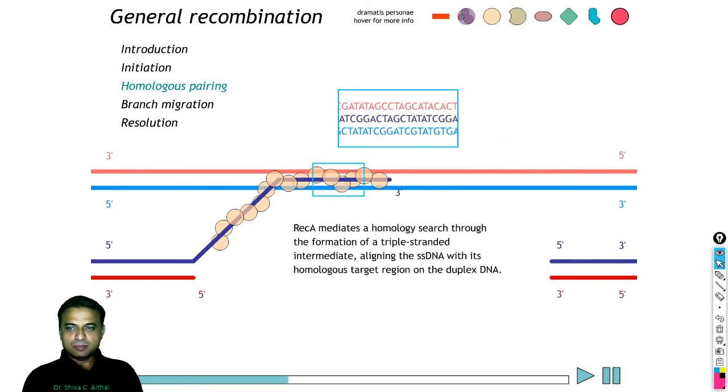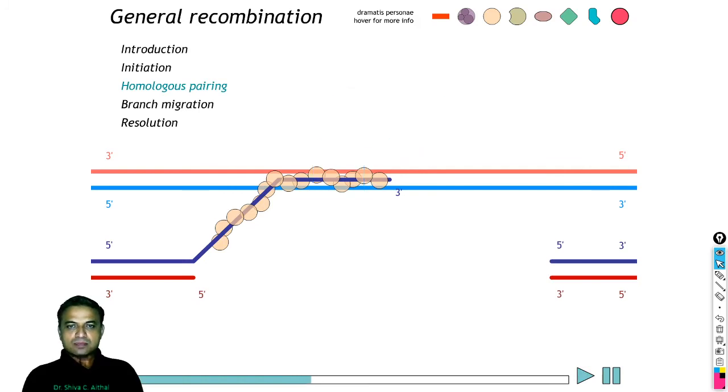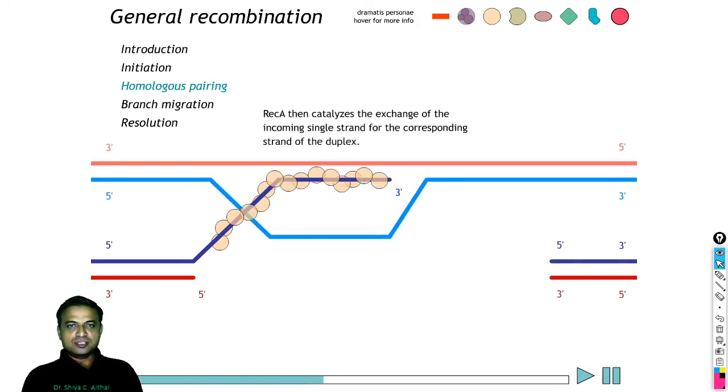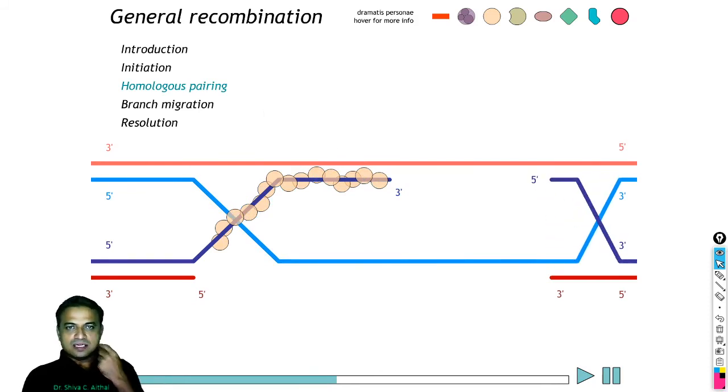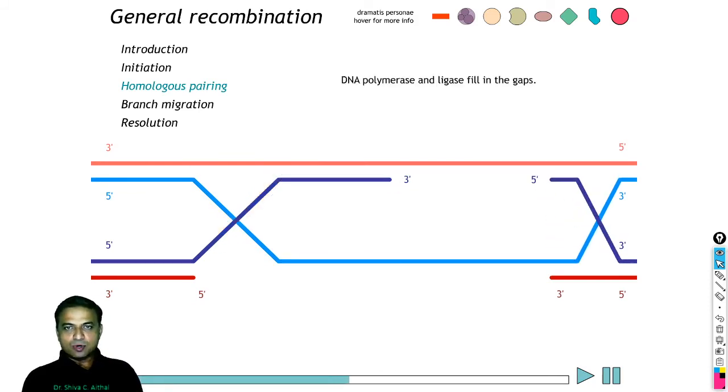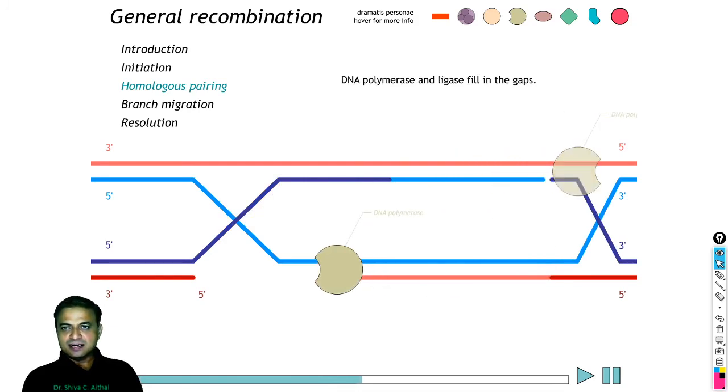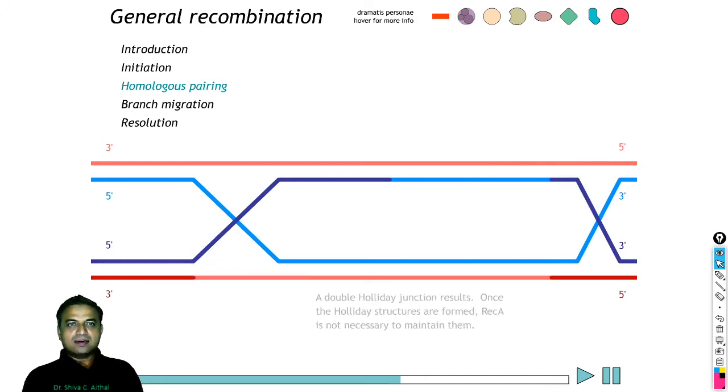Let's go back again a bit, and you can see here CTATATATAGC, this GGGCCC. There is a sequence homology, and this sequence homology which is achieved results in the exchange. Now RecA catalyzes the exchange of the incoming strand, and as I said, polymerase extends the strand. There is a gap here. This gap will be filled by ligase, and now a double Holliday junction model, as you can see here in